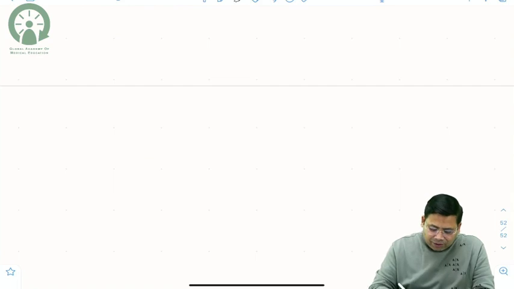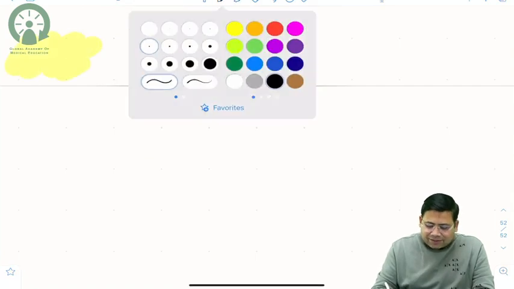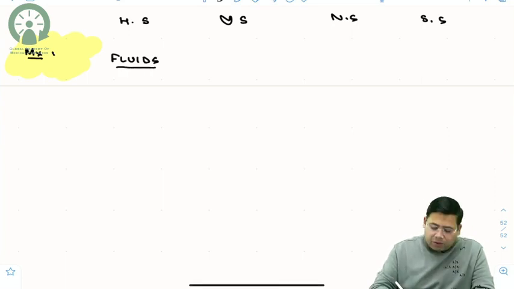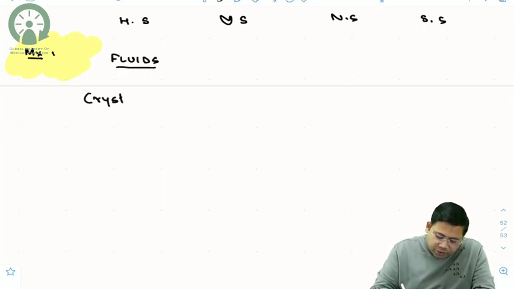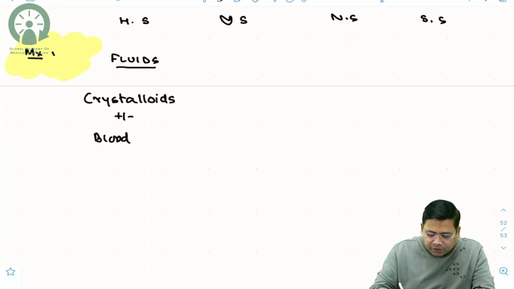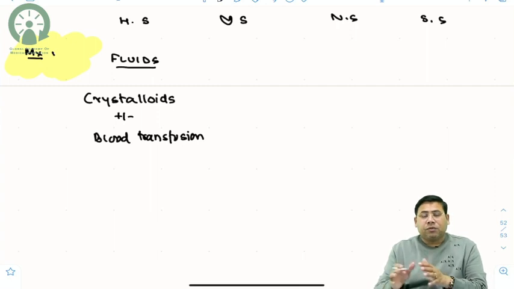The next is, in this overview only, let us discuss the management. So when we are talking about the management of hypovolemic shock, cardiogenic shock, neurogenic shock and septic shock. In hypovolemic shock, you require fluids. So fluids are very important. And remember, when we talk about fluids, the first line fluid that you use is crystalloid, and along with crystalloids, plus minus, these patients are going to require blood transfusion. I shall cover the transfusion protocols